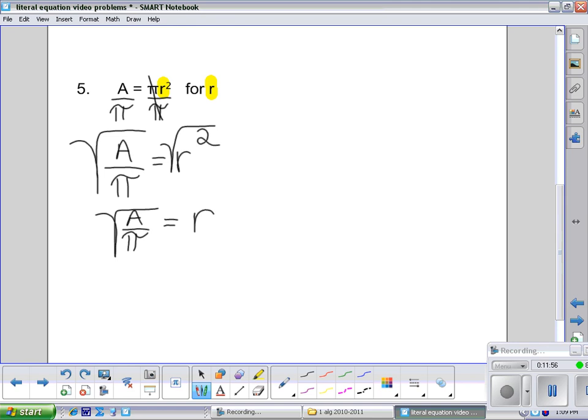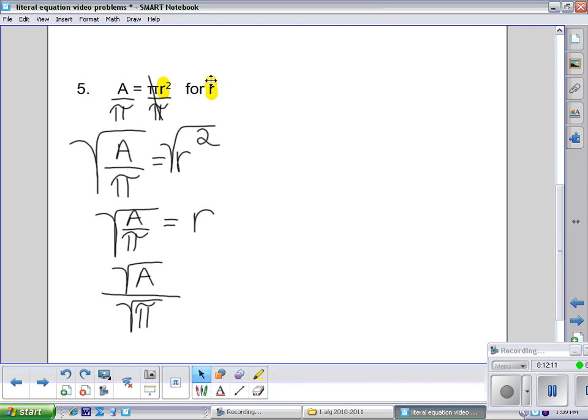Now, we can write this as a separate numerator and denominator. We can break this apart. We've talked about this before. So you could have the square root of A divided by the square root of pi if you needed to. And that is the end of this